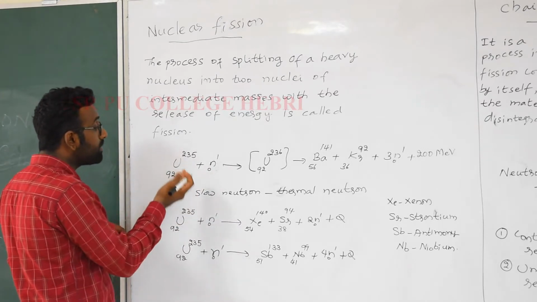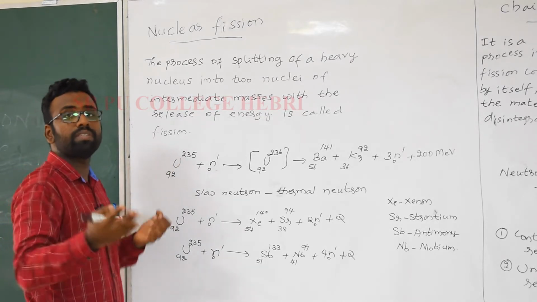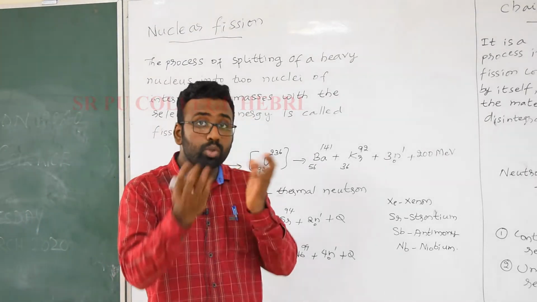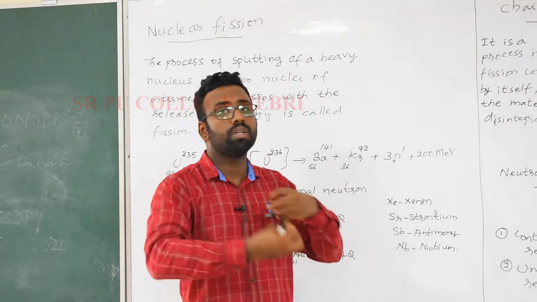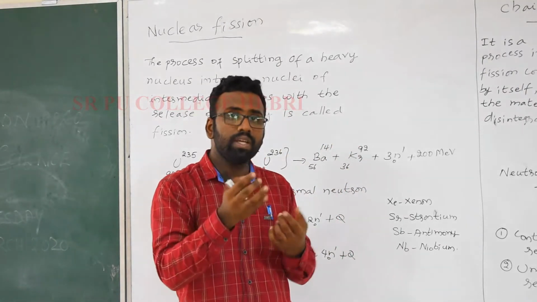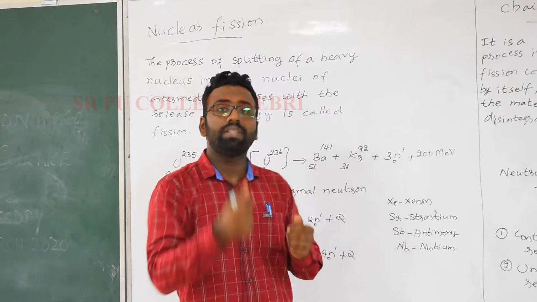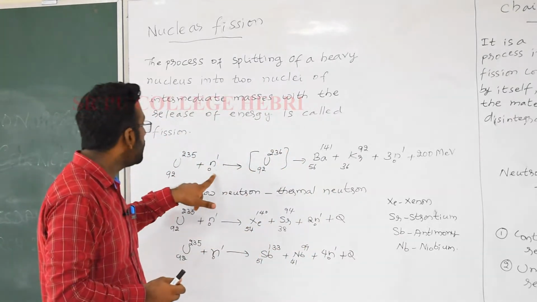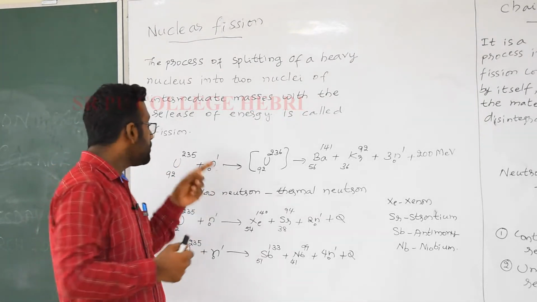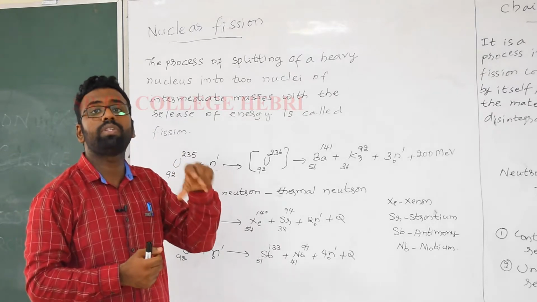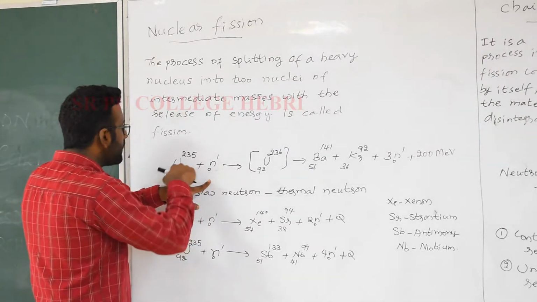The fission process will take place only when the uranium 235 is bombarded with a slow neutron. It is like the same example. If I want to break this apple into two pieces, I have to apply a slow force. At the same time, if I fire at that apple, what happens? It just explodes, right? Similarly, to break exactly into two masses, we have to apply a slow force. That's the reason we have to slow down the neutron which is coming out of a fissionable material. This is actually done in the nuclear reactor with the use of moderators. Okay. Now we will see this slow neutron getting bombarded with this one.